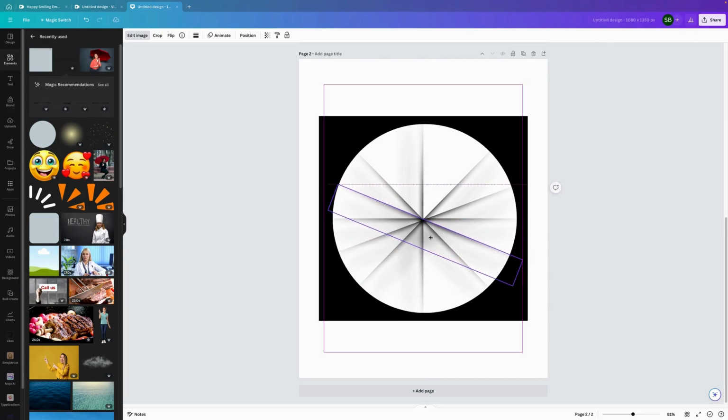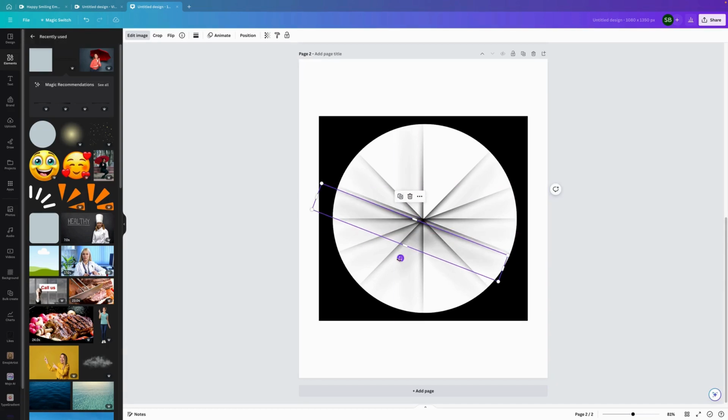Roughly about halfway. Just bring that back a bit. And duplicate it again, rotate it around, roughly in the center, duplicate it again, rotate it around,